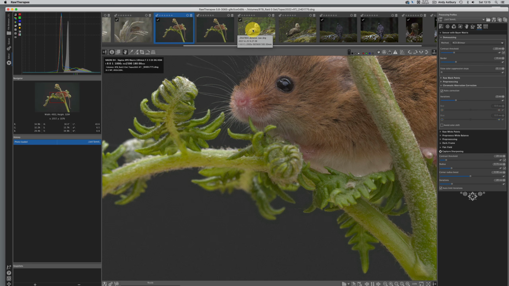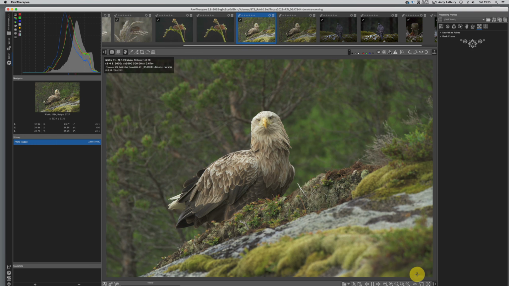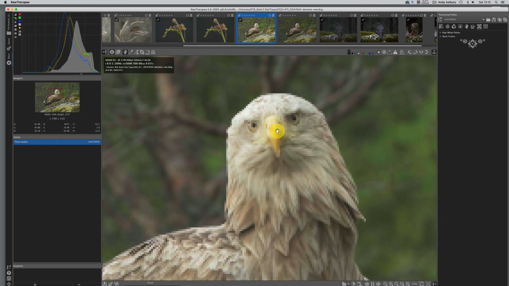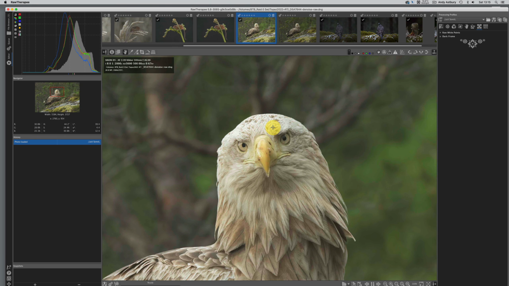But as we can see, if we come to this file, it's a beautiful image as it is, because it's nice and sharp for an archival image, and there's absolutely no noise in it. 5600 ISO, and you've already seen that the raw file was quite noisy. But at the end of the day, I haven't got any